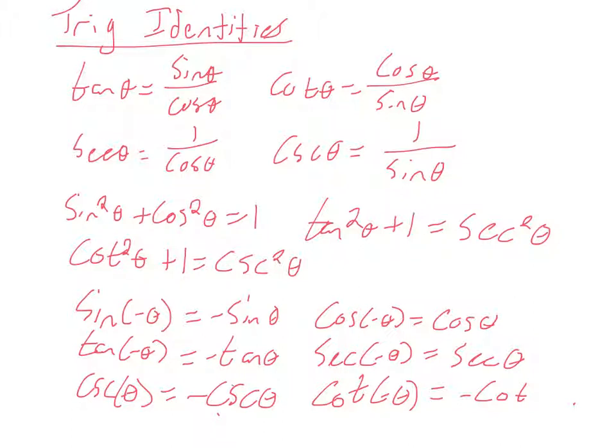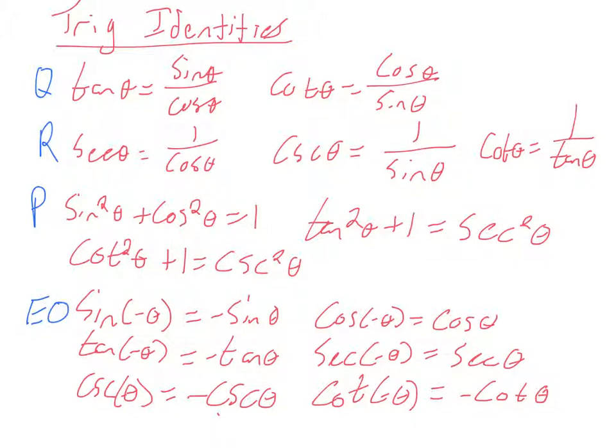All right, so these are all of the identities that we have seen so far. I didn't put the names here, but they all have names. These first ones are the quotient identities. I missed one of the reciprocal identities: cotan theta is 1 over tan theta. So these are the quotient identities, these are the reciprocal identities, these are my Pythagorean identities, and these are my even-odd identities. These are all the basic identities. We proved those all in the previous sections, and those are the only ones that we're going to be working with